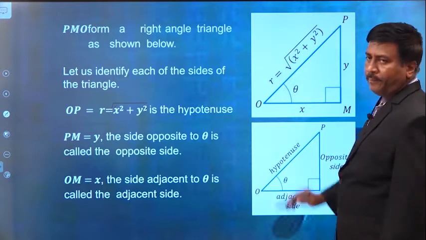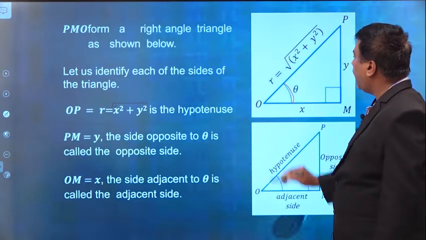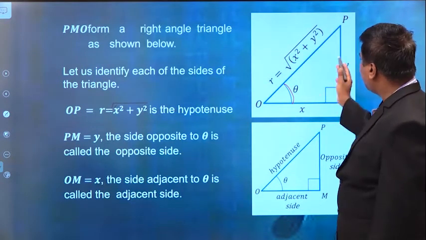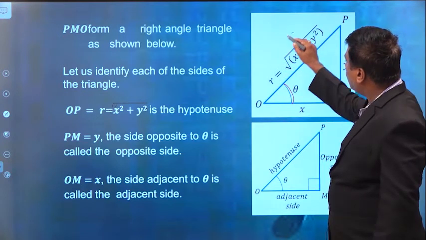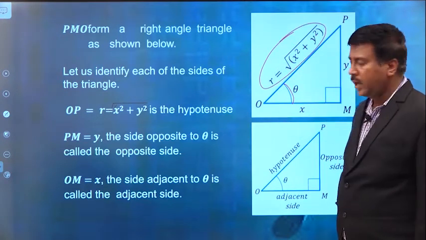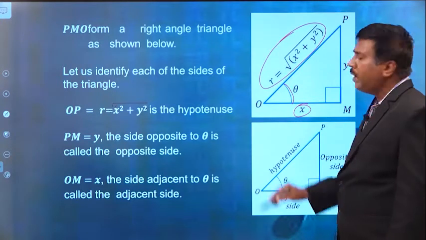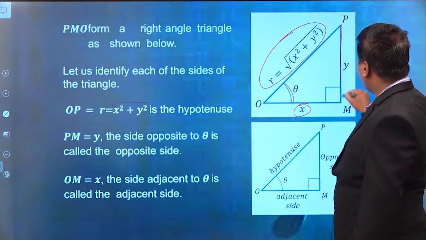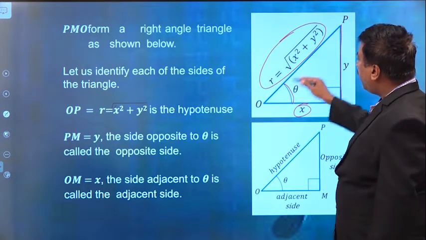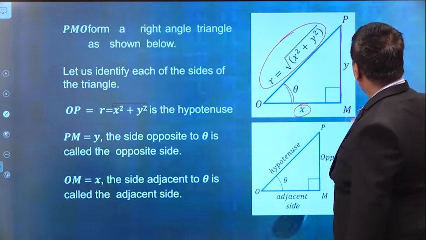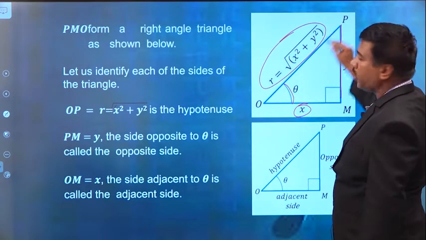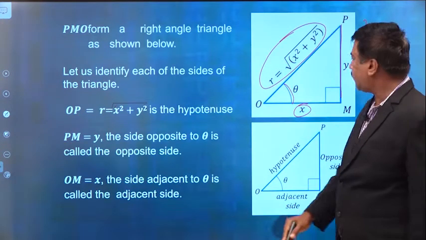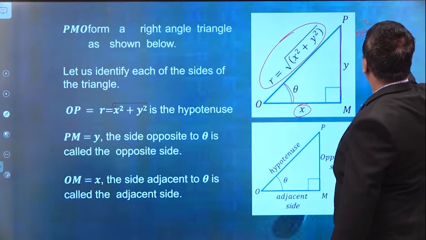Again I draw the diagram. This is triangle OPM, and theta is the angle made with the positive x-axis by the radius r of the circle. Here r is the radius, and I assume OM is x units and this is the side PM, which is y. Therefore, by the Pythagoras theorem, this is the hypotenuse, so OP square is equal to OM square plus